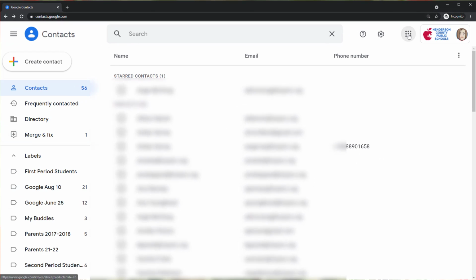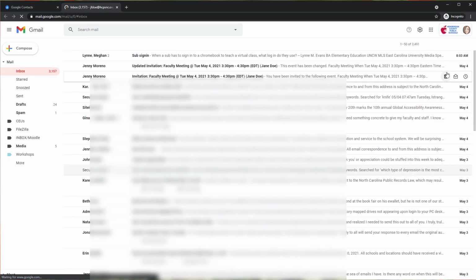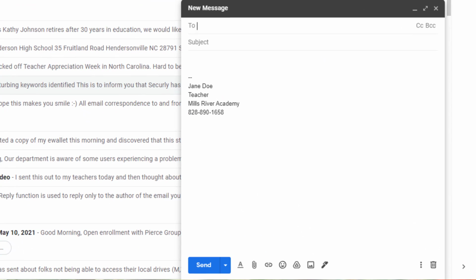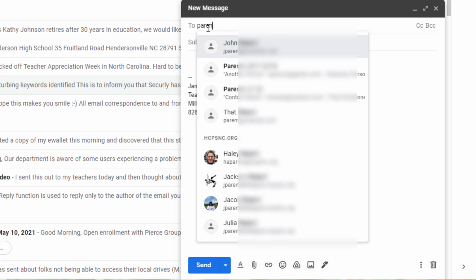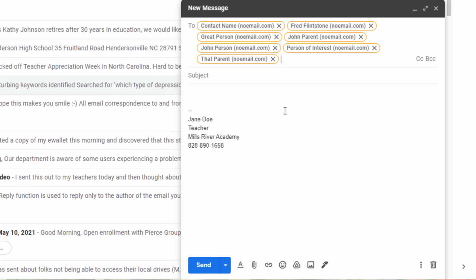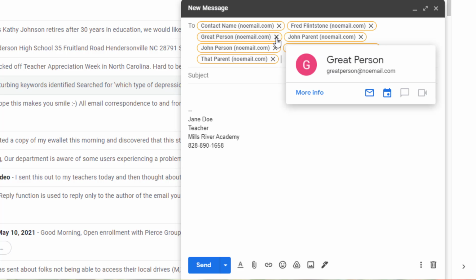So in order to do that, I'm actually going to take us to Gmail so that you see how this works. And you know that my list was called Parents 2122. So if I go into compose an email and I start typing the name of my list, you will notice that that actually comes up as options for me to choose. And so I can choose, oh yes, that's my list, parents 2122. And when I click on that, you'll see that it puts in every person's name that's on that list. So at this point, if I want this to go to everybody except for one person, I can actually remove them